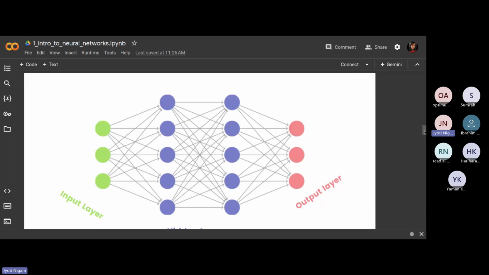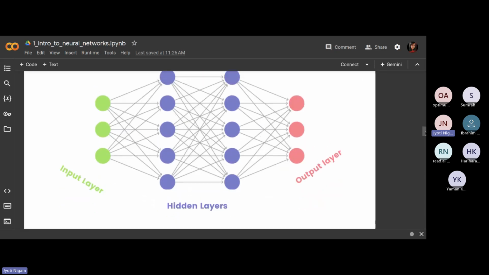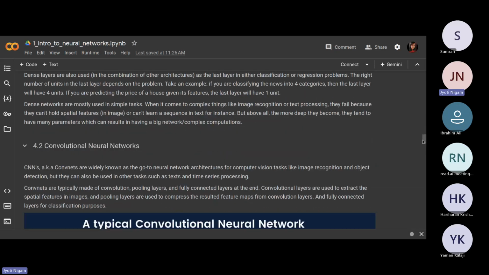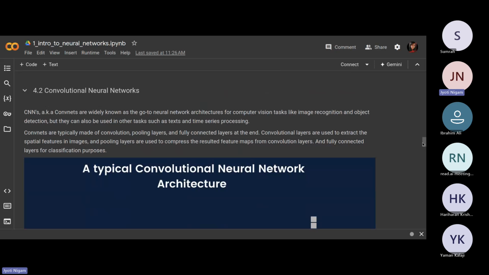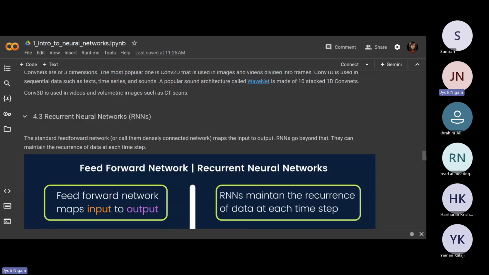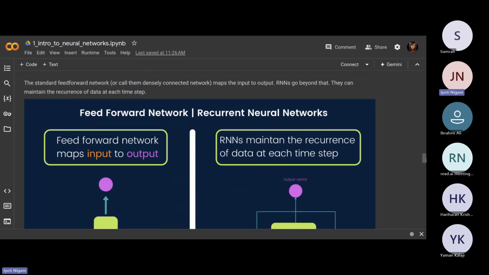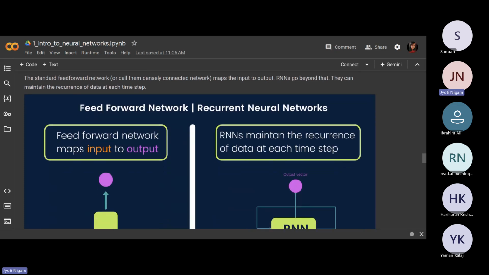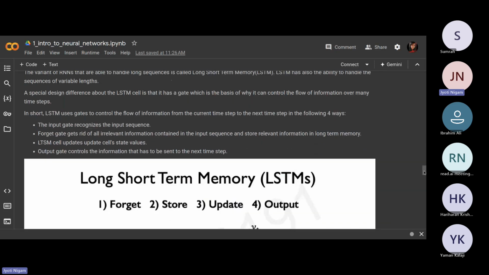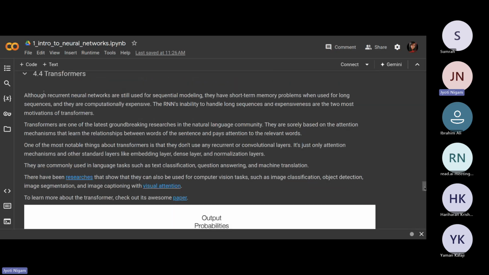Then there is something called a densely connected neural network. Basically, if all the neurons are connected to each other, then we call it a densely connected neural network. And then you have convolutional neural networks, which are used to deal with image or video data. And there is the recurrent neural network, which deals with audio and speech processing, audio and text processing. So we use recurrent neural networks for such use cases. You can go and read all these in detail, and all of these would be covered in great detail by